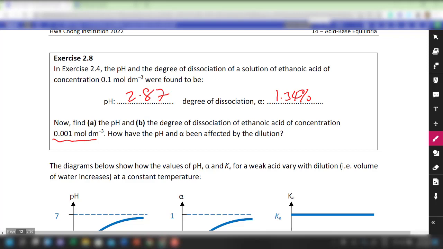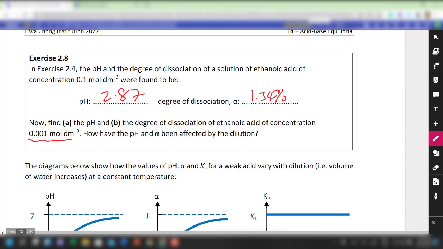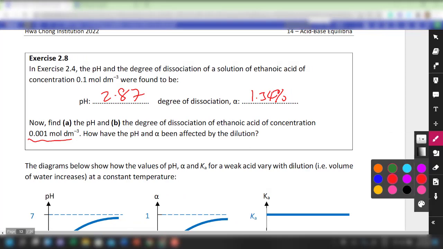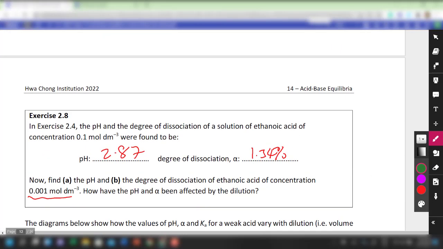If we try to work it out over here, maybe I'll leave a bit of space. Again, ethanoic acid, so HA equilibrates to give us H+ plus